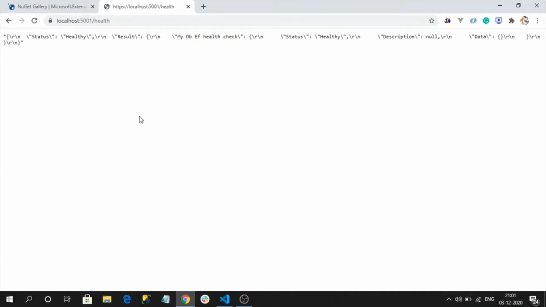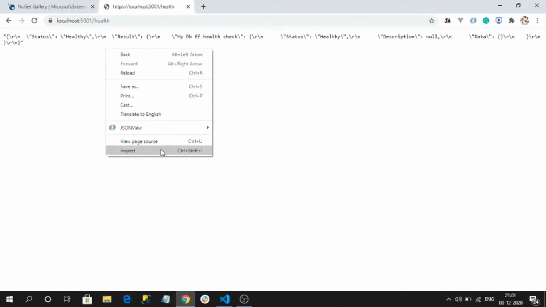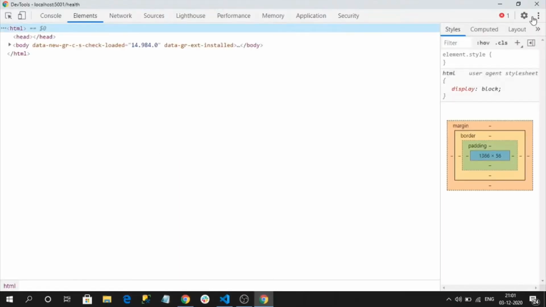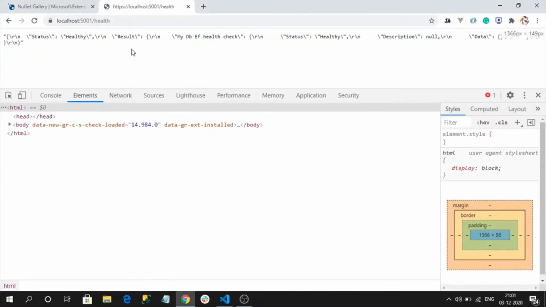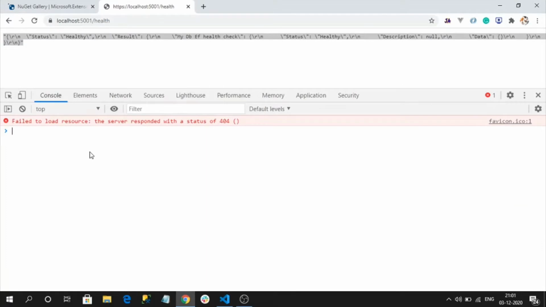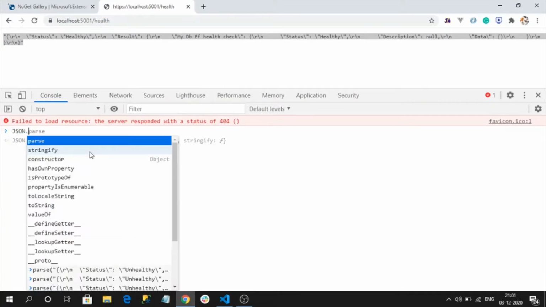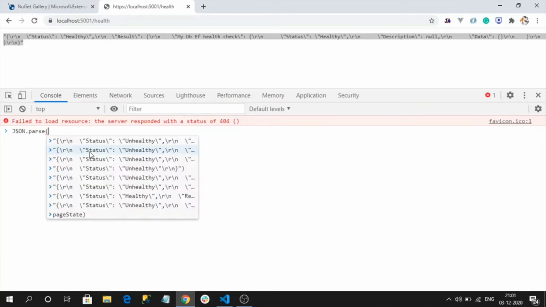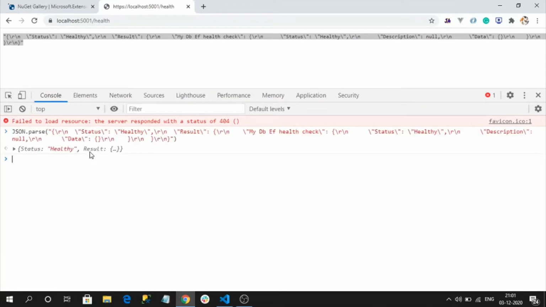See here, this is our DB context health check report. Let's format it using a JSON parser. Go to the console in developer tools, paste the string here, and you can see the status. See, the connection is stable and it is returning the health check as healthy.